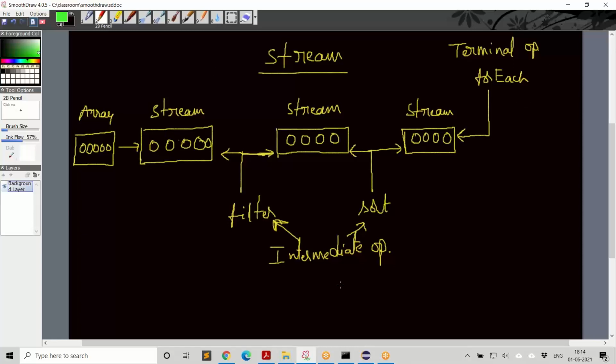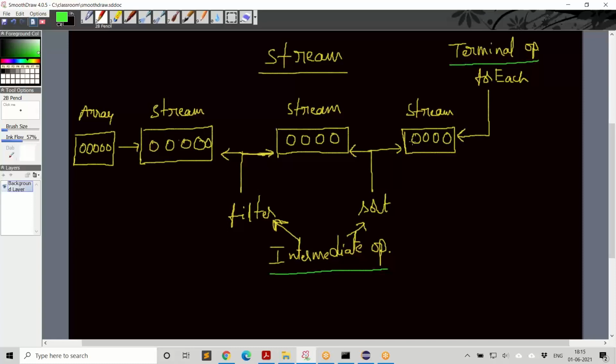So we are talking about intermediate operations and then terminal operations. Terminal operations are the ones which consume the stream. There won't be any more stream once you apply a terminal operation. But all intermediate operations are producing one more stream.